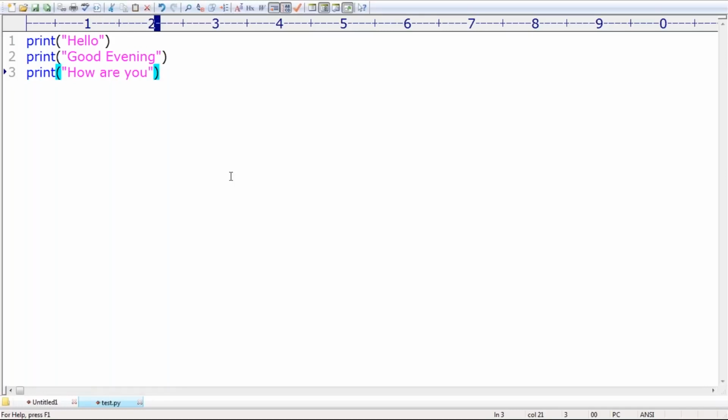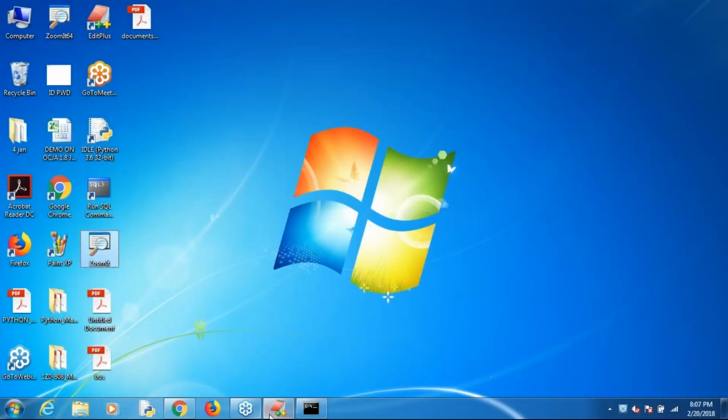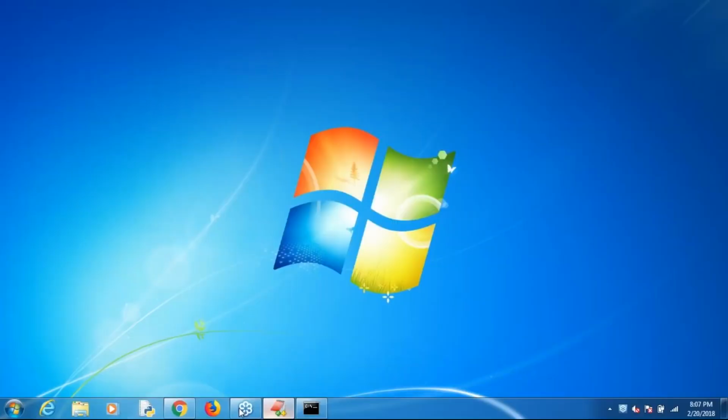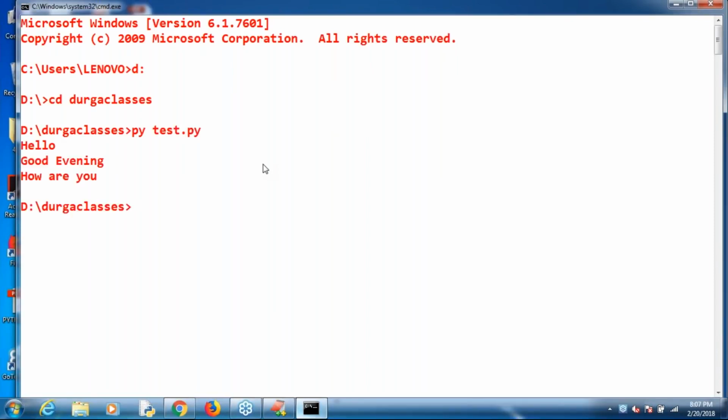Just assume that. If I take it like this, how many lines of output are going to come by default? Three lines: first hello, then good evening, then how are you. By default we are going to get three lines. Now have a look, here I run py test.py. Hello, good evening, how are you, it's going to print.